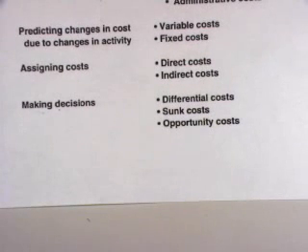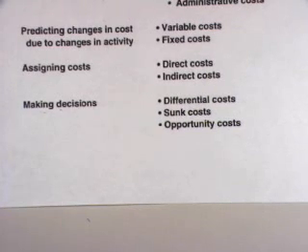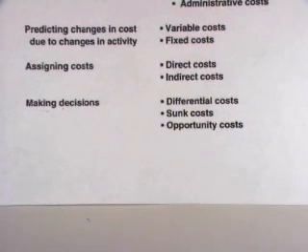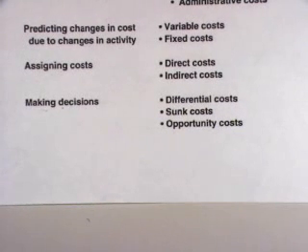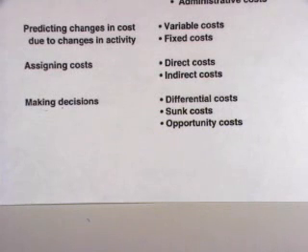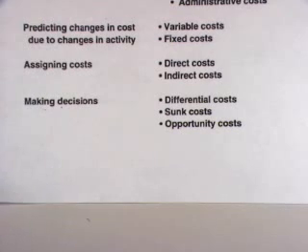Then opportunity costs are the cost of not doing something and replacing it with something else. And we'll see an example of this later: if you're going to school, your opportunity cost is whatever money you could be making during the time that you're in school, but instead you've forfeited that, and you've sacrificed that cost in order to be in school to get your education. So those are our